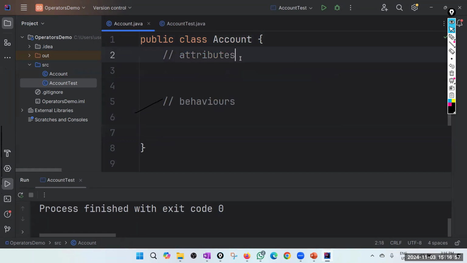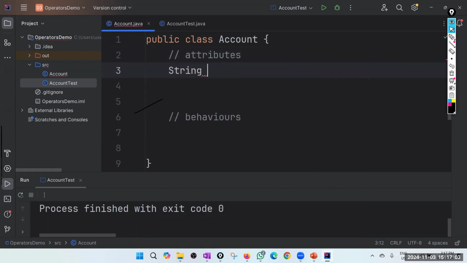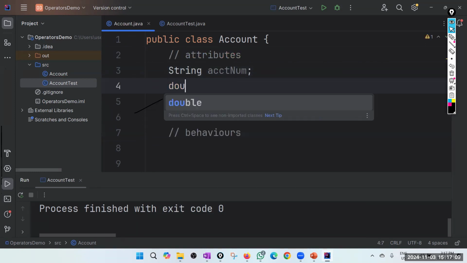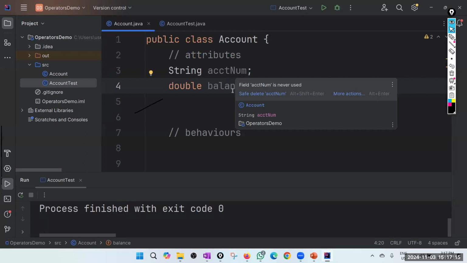Right. For example, if you have account number, maybe String, say accNum, just give a brief name. Maybe balance, double. Okay. And so on.